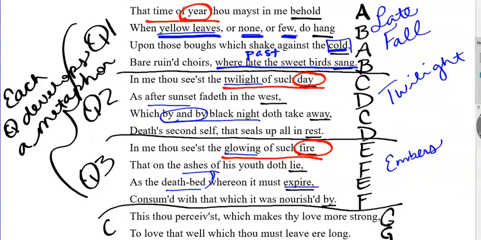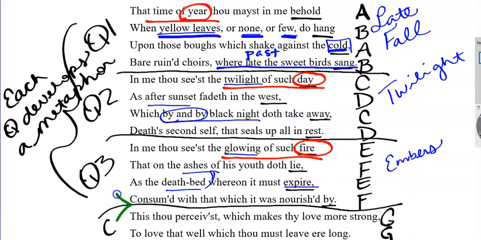So as we come back to the poem, we get that he is saying that he's growing old. He's getting close to death, and we get that because there are very few leaves on the trees. It's starting to get cold. The black night is going to soon take away any light, and there's a small glow on a bed of ashes. So what we need to do on this, the very last part,